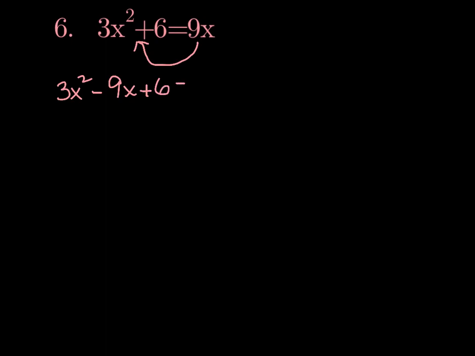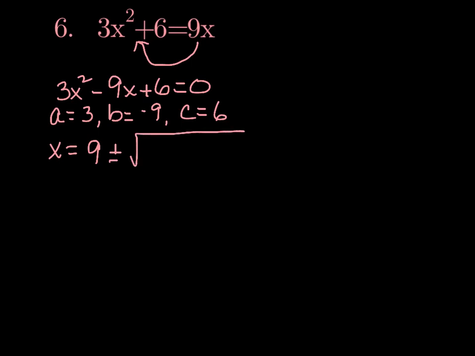0. Now, some people here would not want to divide by 3, so that's fine. So in that case, my a is 3, my b is negative 9, and my c would be positive 6. All right, so let's start it. So x equals negative b. So again, my b is already negative, so negative b would make that a positive 9, plus or minus